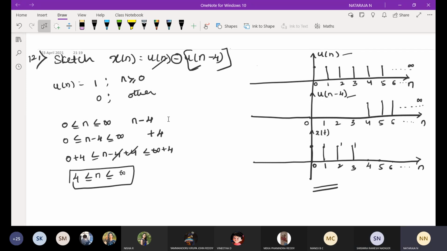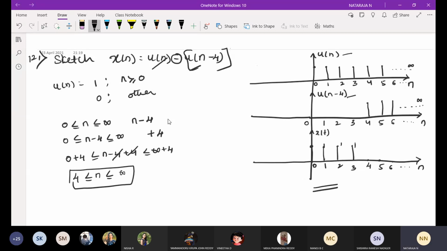Okay. Now, this amplitude is 1, and you have only 2 signals, u of n minus u of n minus 4. Sometimes they will ask 3 different signals, like u of t, r of t, with different amplitudes, and it will be lengthy. At that time, how are you going to find it? We have one shortcut method. I will explain. See here.